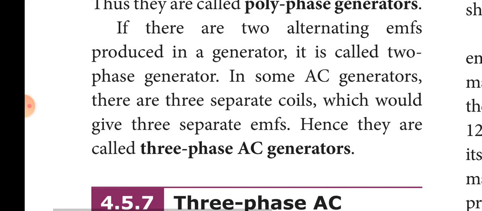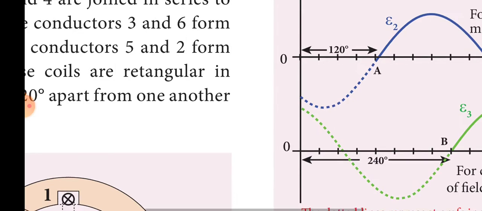And second thing, if two alternating EMFs are produced in a generator, it is called a two-phase generator. In some AC generators, there are 3 separate coils which give a separate EMF each. Hence, they are called 3-phase AC generators. For example, we construct a 3-phase AC generator. To see the diagram,